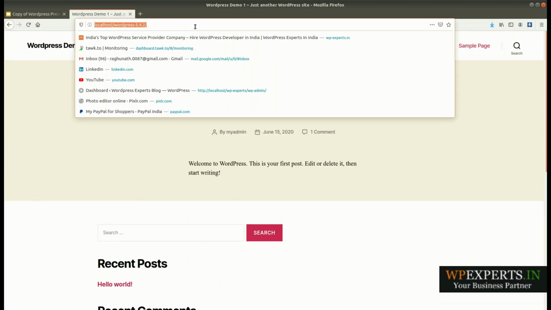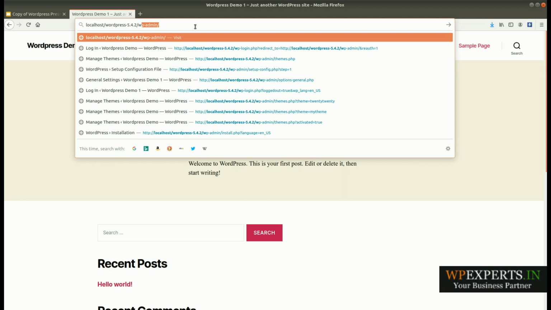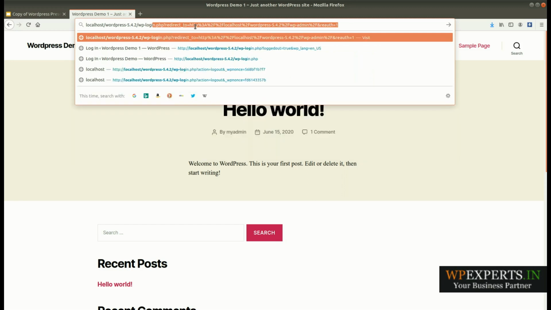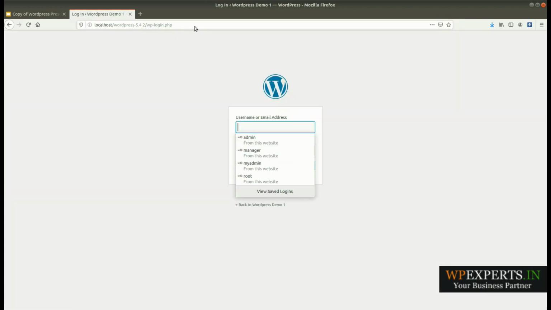Let me log in. You can log in to WordPress via your site followed by /wp-admin, or you can also access the login page using wp-login.php.